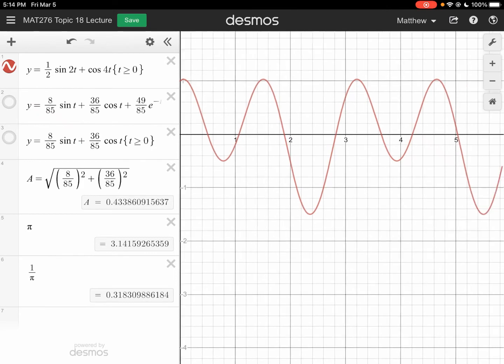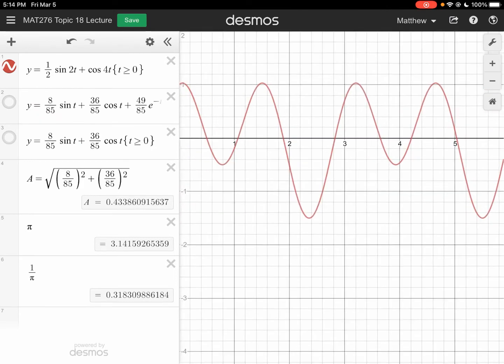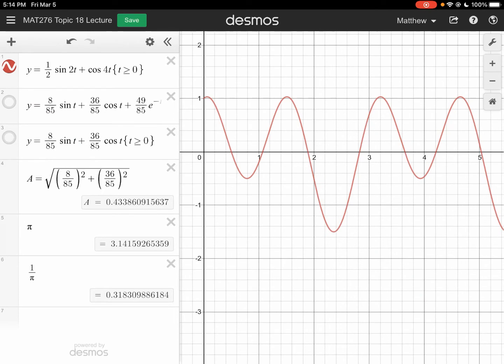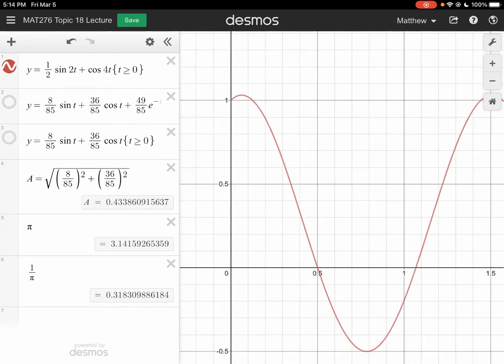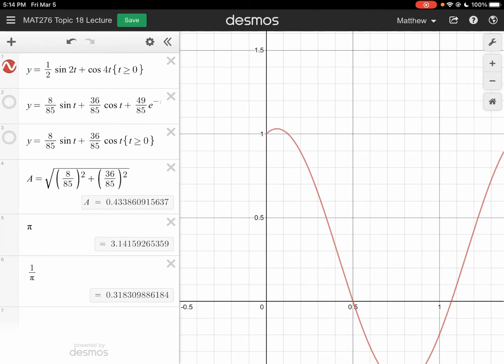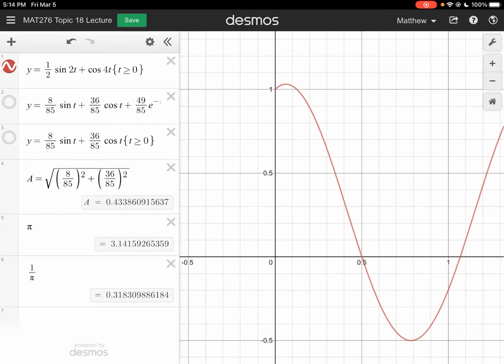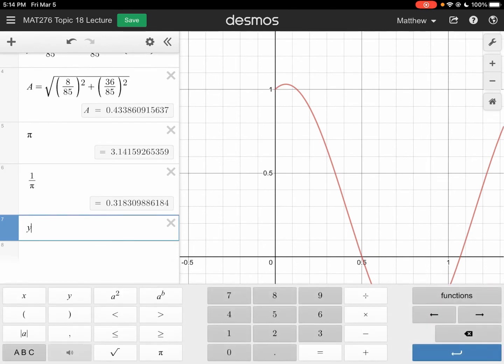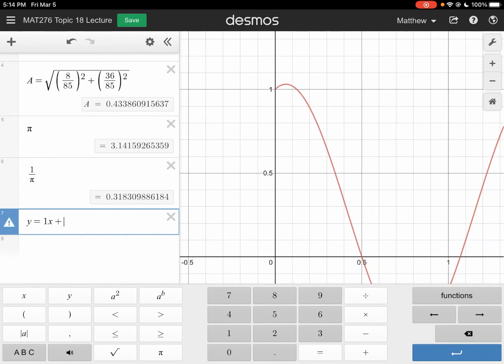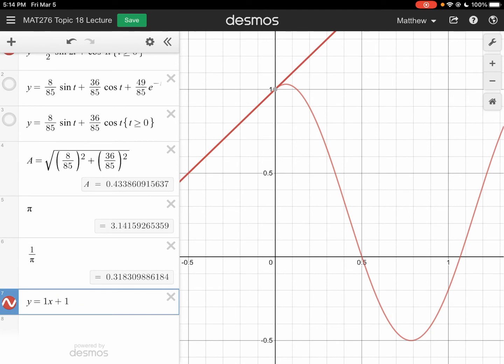The pattern emerged immediately, and that pattern just repeated forever. As time goes on to infinity, we just continue with the same function. Notice that initially, our object started at a height of 1 meter above the equilibrium, and it had an upward speed of 1 meter per second. So if I did a tangent line, y equals a slope of 1, so 1 times x plus its initial position, we should expect to see, as we do here,